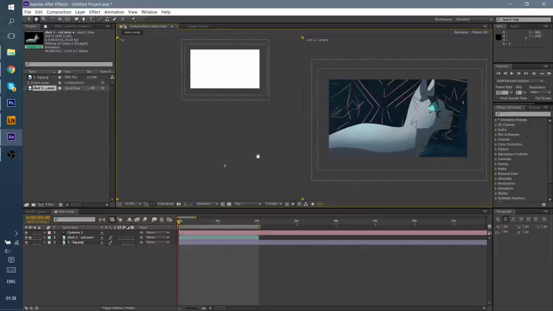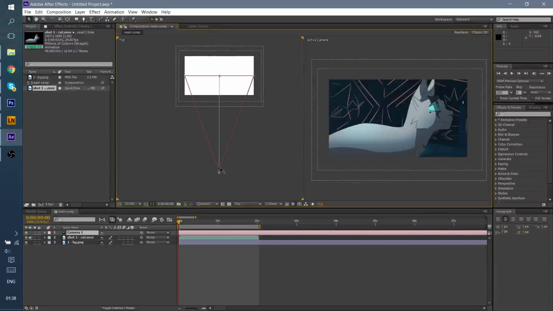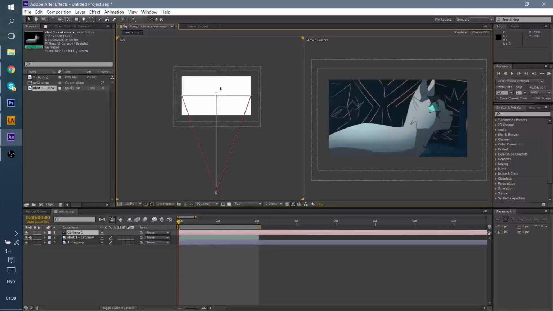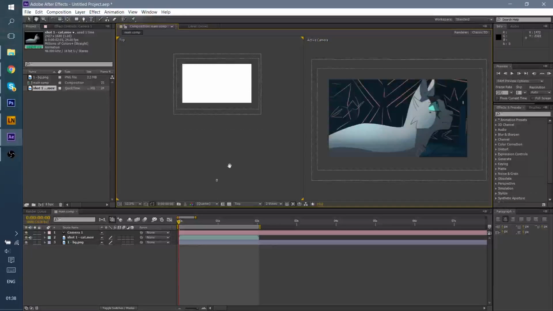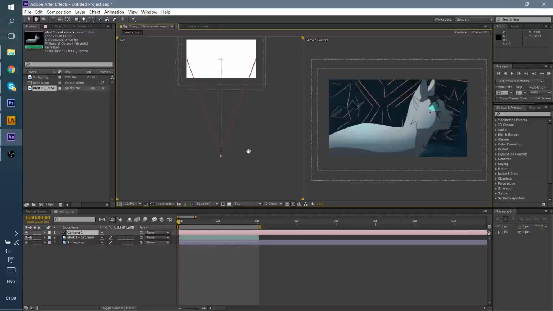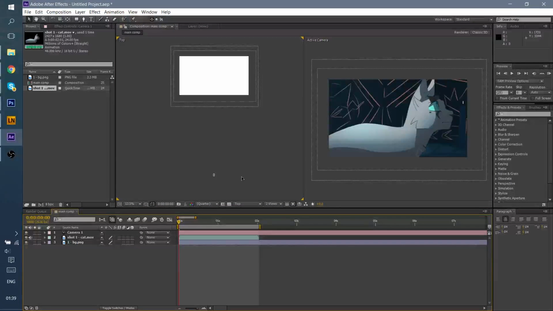And as you can see, this has changed. So now this is showing the world in which the camera lives, and this is our camera down here. So it's looking at the canvas in which our 2 layers are. You can see our 2 layers here. They're both rectangular because they're 2-dimensional. And then this is our camera sitting here. Okay, so we have our camera. Now what I'm going to do